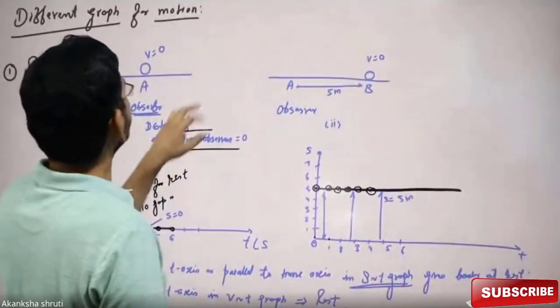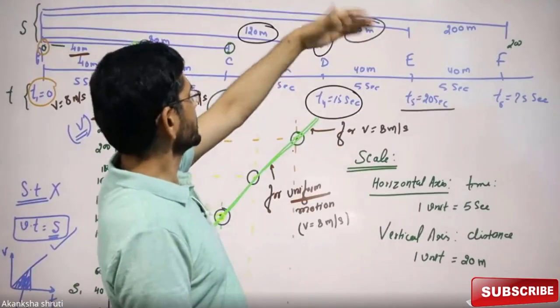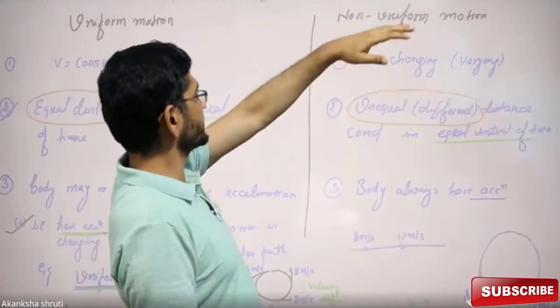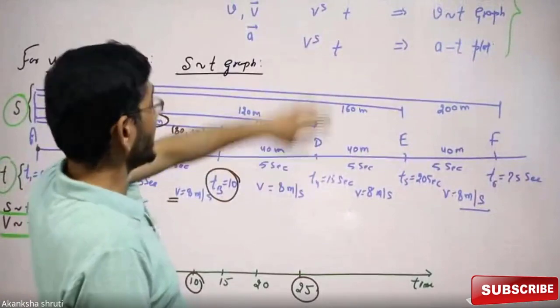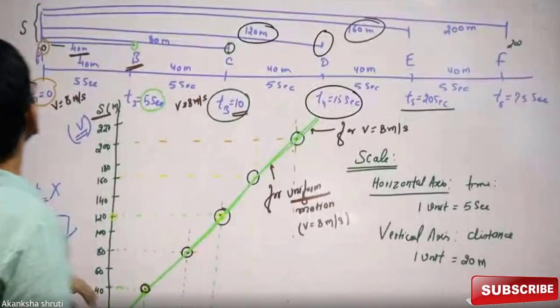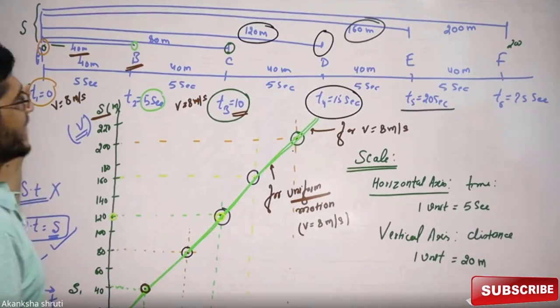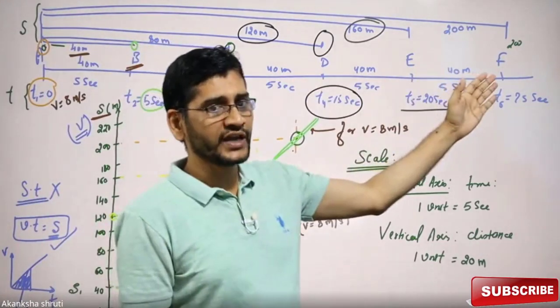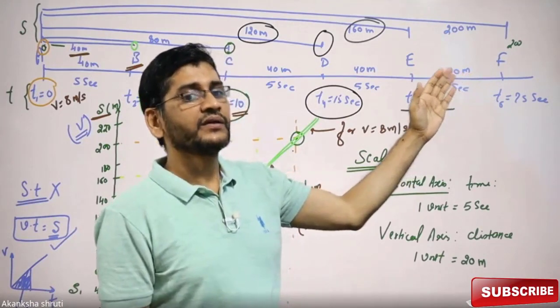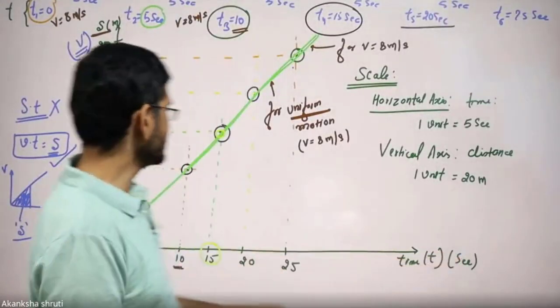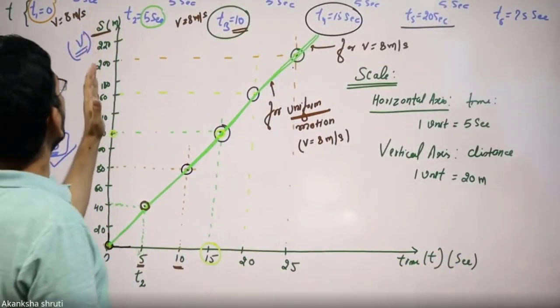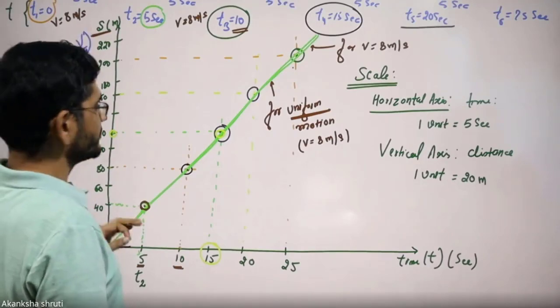With this much we had learned earlier. Students, even for the body in motion, we had also learned. We can see quickly, because today I will draw all these situations just in the form of graphs without considering the axis. So uniform, non-uniform motion, that we had started. From here we had started the graph or graphical representation. Students, we have learned that a body in motion can be plotted on the graph with reference to the time on the horizontal axis, and either the distance covered or speed or acceleration on the vertical axis.